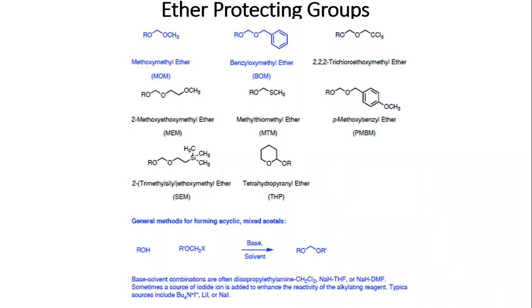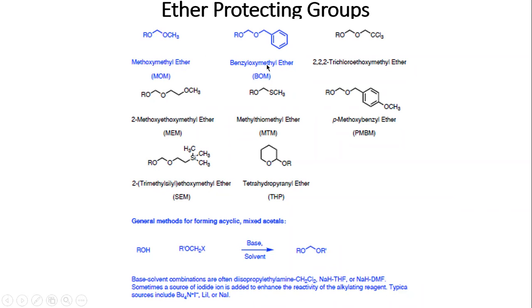All right. So here's another class of protecting groups. So we looked at ester protecting groups, silyl protecting groups. Here, these are ether type protecting groups. So they convert your free alcohol into an ether, right? Some of the more important and more widely used ones are here: the MOM ether, methoxymethyl ether, the